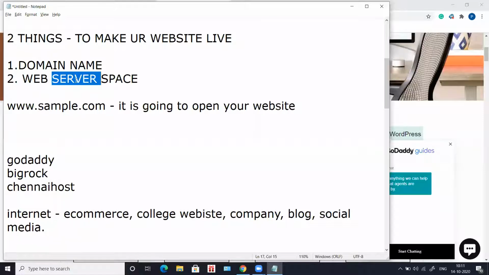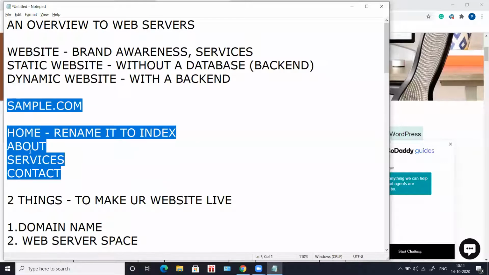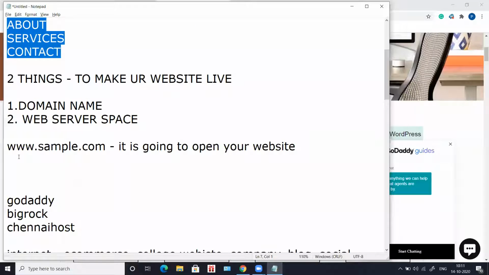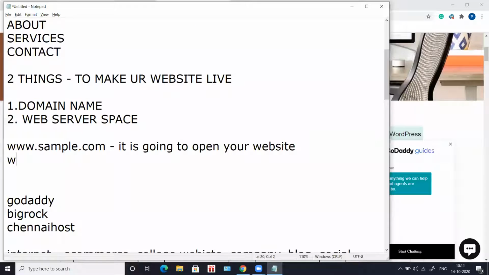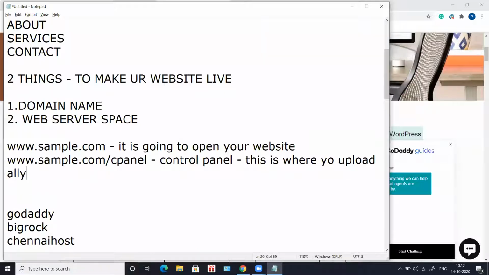Because that is where you have to upload all your files, whichever are in your system. All this is in your system: home, about, services, and contact. Now you have to bring it live. To bring it live, you will type www.sample.com/cpanel. cPanel is nothing but control panel, and this is where you upload all your designed web pages.